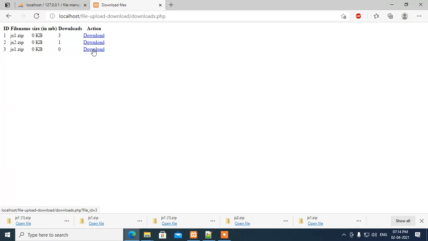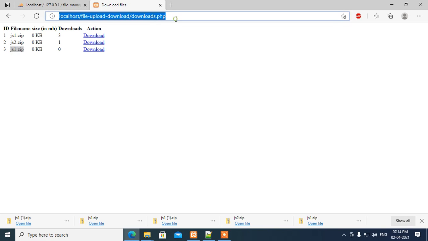Here I download the file with id number 3, whose file name is js1.zip. I already downloaded it one time, so here you can see that it updated.